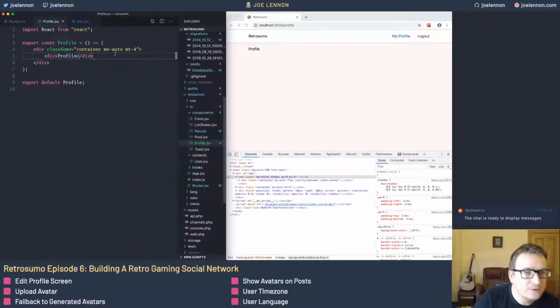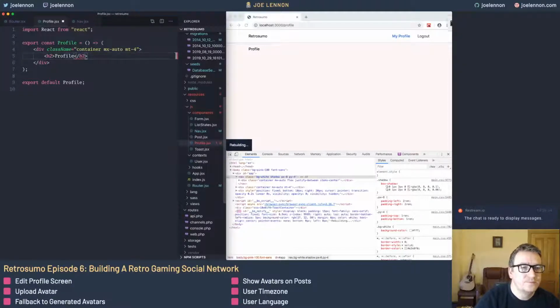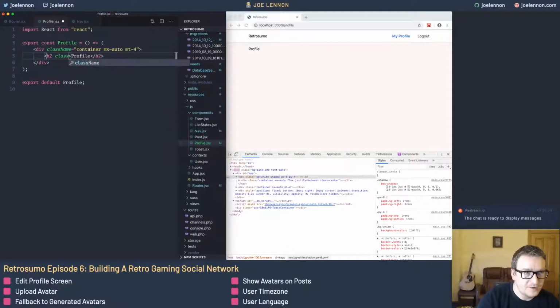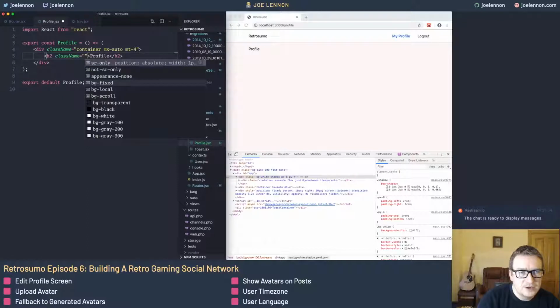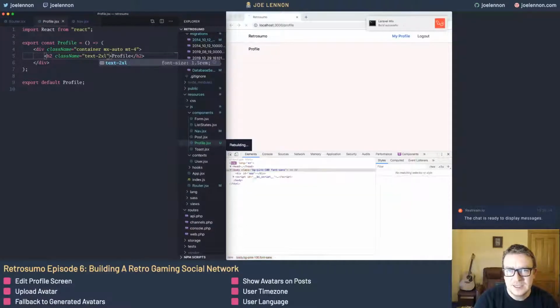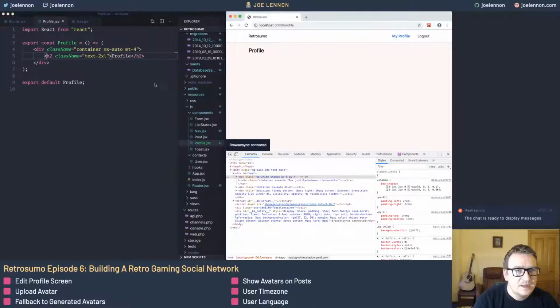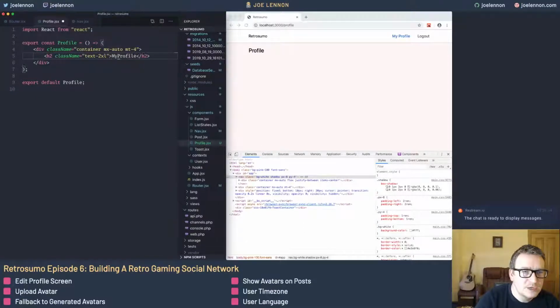So the first thing we're going to do is let's make this a heading. We'll make it a heading, but it's not going to have any impact right now because Tailwind basically clears all styles by default. With this, we'll likely extract this into a page title component that'll appear in maybe a specific page type of component down the line. But for now, I just want to make sure that it looks half decent. So I'm going to make the text, let's try 2XL and see how that looks. Yeah, it's not bad. I'm going to change it to say my profile,